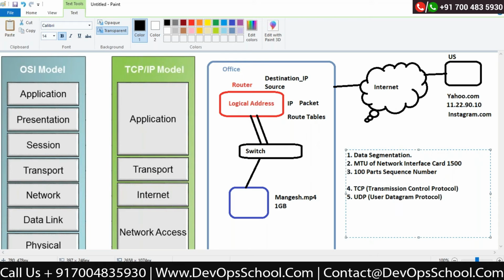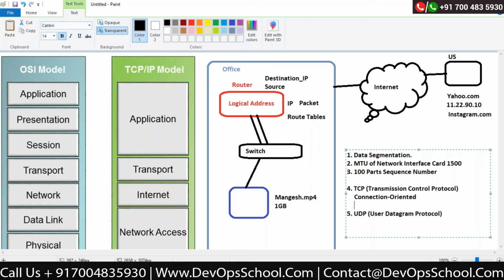So my transport layer is actually working on these two protocols. Let's say I divided my 1 GB file into 100 parts based on my MTU size, right? And I'm sending all this data with the TCP protocol. By default we are using TCP because TCP is called a connection oriented protocol.